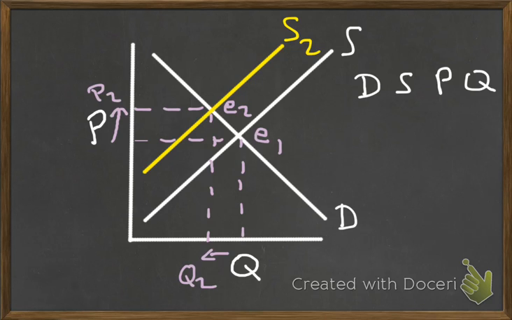So our final result sees that there was no change in demand, supply decreases, the price went up, and quantity went down, plus and minus. Okay, so